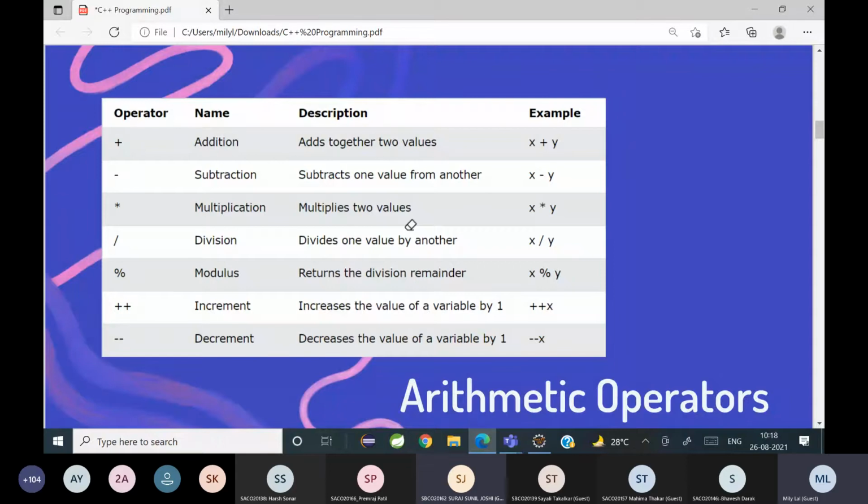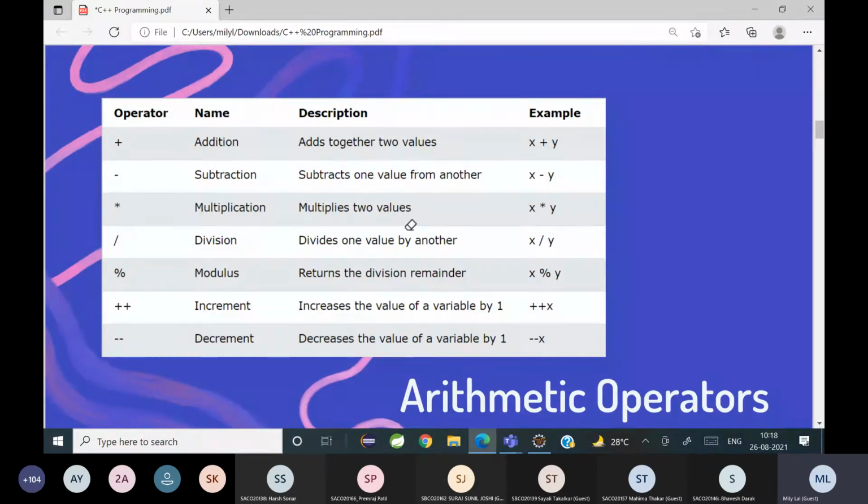So in ++x, it first gets incremented and then the statement gets executed. Whereas in x++, first the statement gets executed, then it gets incremented by 1. That is the meaning of pre and post increment.